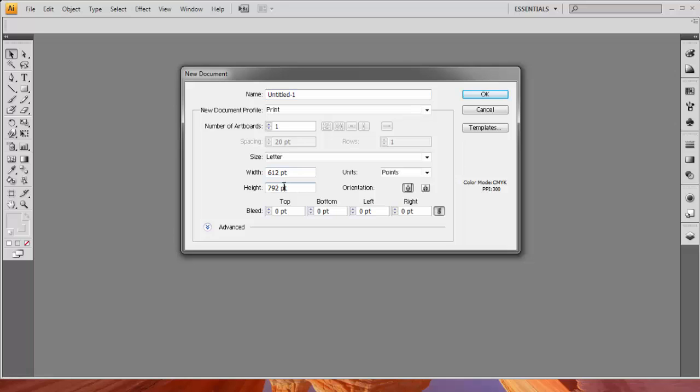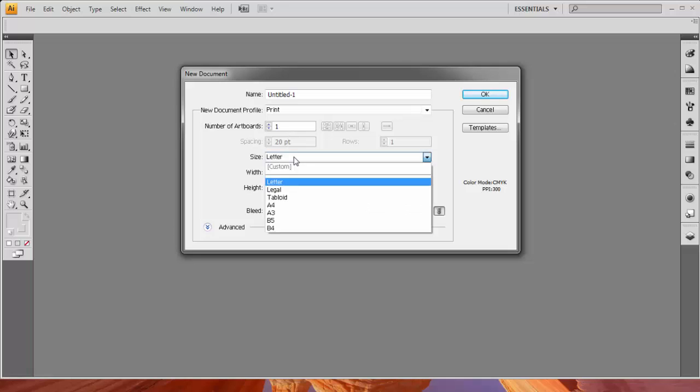Page size represents the final size you want after bleeds or trimming and other marks outside the page. These are the presets for common sizes, such as letter, tabloid, legal, A4, A3, B4, or B5.